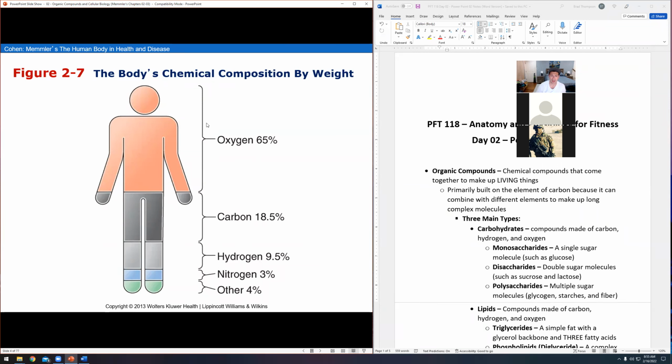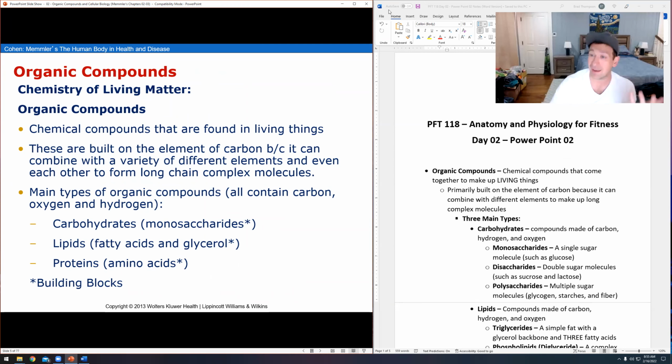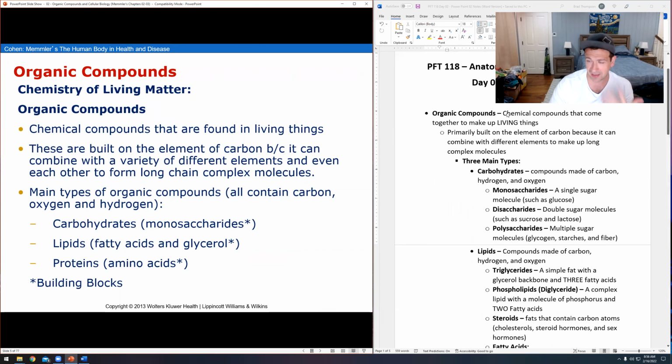Vitamins actually have the same kind of shape as proteins, very similar: carbon, hydrogen, oxygen, and then a little bit of nitrogen to give them unique shapes. But they're so small that they don't really have any energy for us to unlock, which is why vitamins don't have any calories. So when we're talking about organic chemistry, really we're spending all of our time talking about the types of things that are working within carbon, right? Organic compounds are chemical compounds that come together to make up living things.